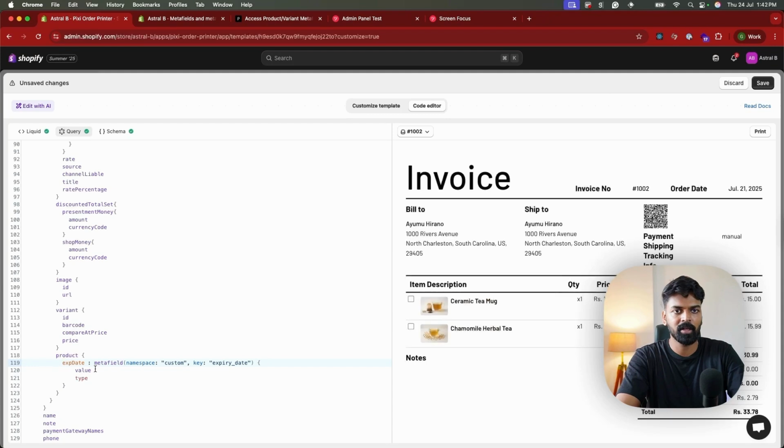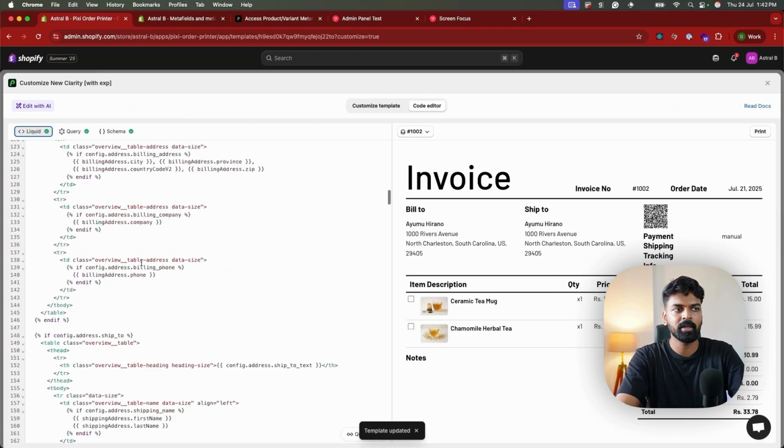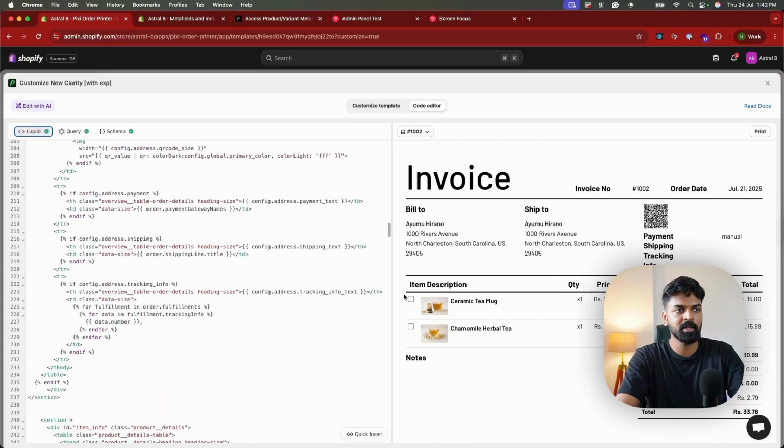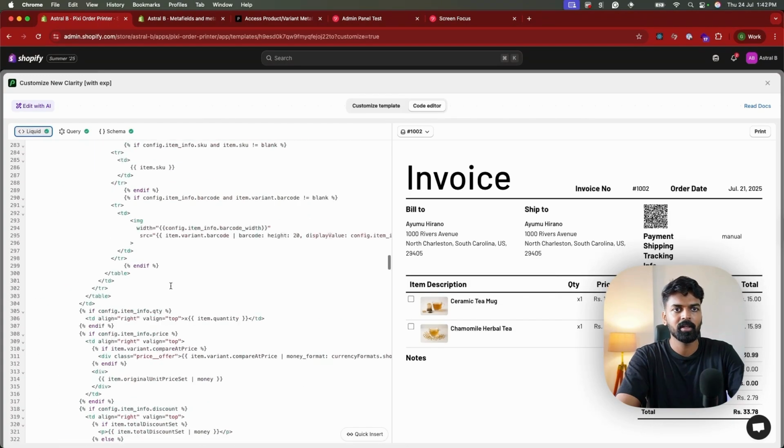This is called GraphQL aliasing. And after this is done, I'm gonna click save because I don't wanna lose this, because this is already valid GraphQL now. We're gonna come back to Liquid and find this area where we have the line